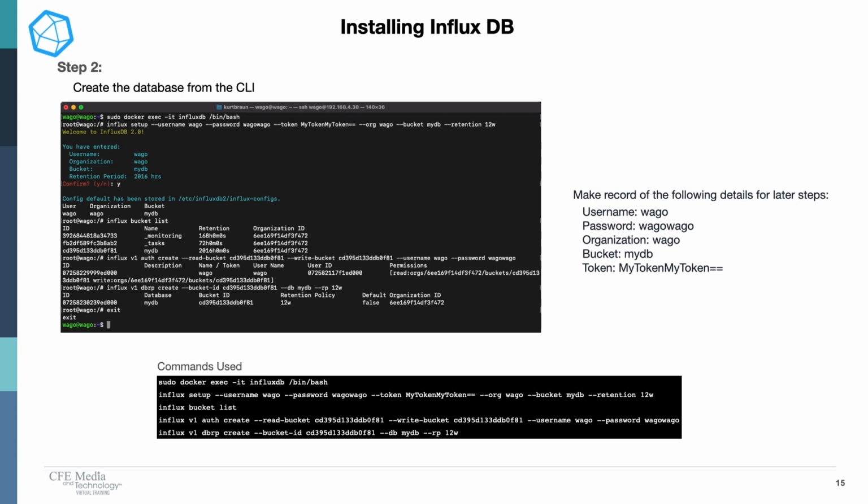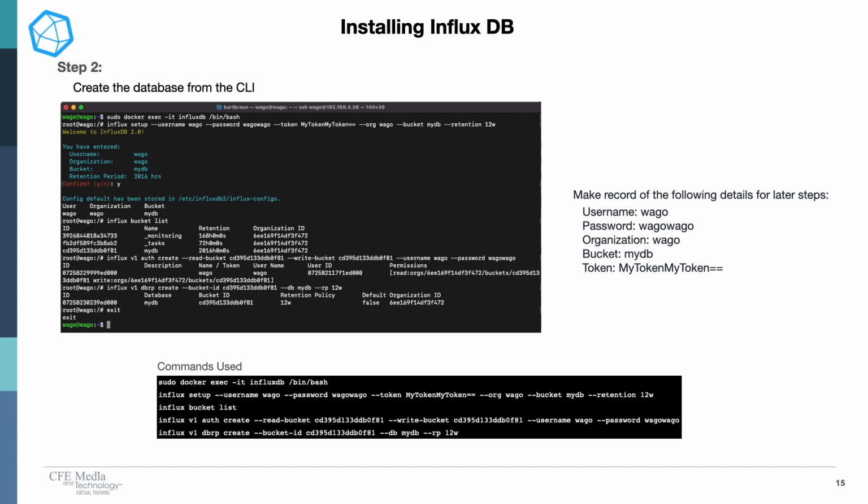You simply have to use a command called docker exec -it, which is interactive terminal, followed by the name of the container, which is influxdb, and bin/bash. So this is like you're connecting as if you're doing SSH from one machine into the edge device. What this command lets you do is shell into the terminal of the container that's running within the edge device. And so once we are connected to the container's CLI, we can run the influx setup command that you see